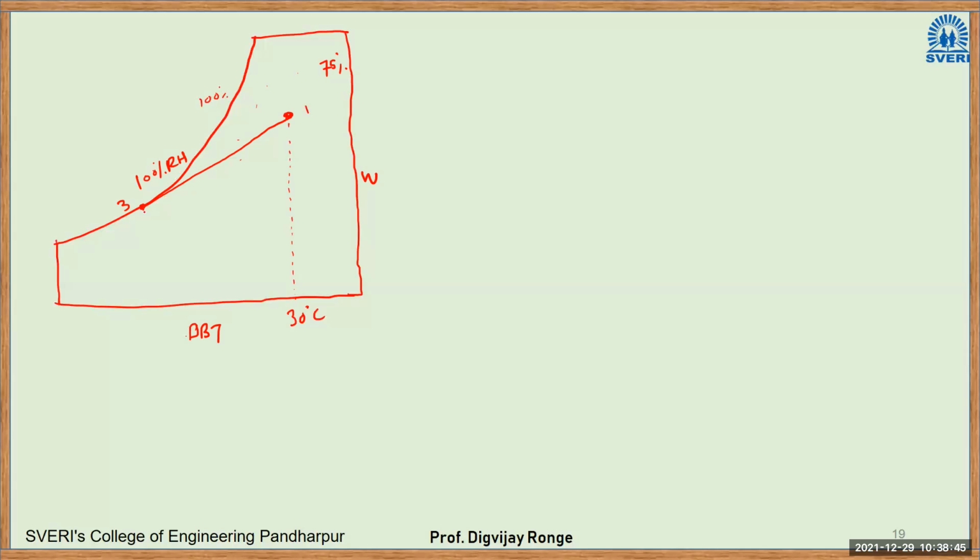Now how to locate point 3? Again, I have to search for 14 degrees Celsius DBT and go in the vertical direction. Ultimately I will get a point, the dew point at 14 degrees Celsius. Right. So here it is. I have to join these two points. I will get a line, and with the help of the bypass factor, I can locate point 2. How to locate point 2? We have already calculated TD2 as 15.6. Again, you have to locate 15.6 and you will get point number 2. So it is as simple as that.